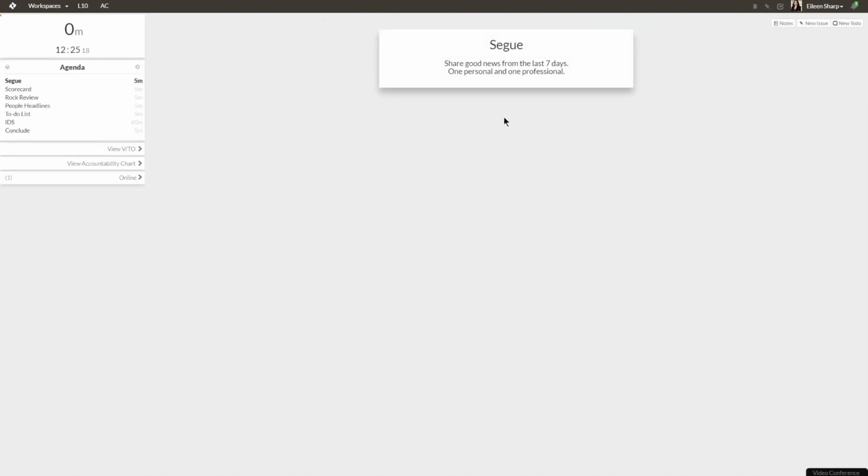We end up in our segue. On the top left, you can see an elapsed timer has appeared, so that's just going to count how long we've been in our meeting, and that is just my current local time. On the top right here, we can see a Notes, New Issue, and New To Do button. These three buttons will follow us throughout the rest of the meeting. So moving into the scorecard,